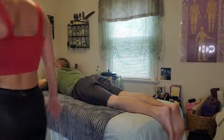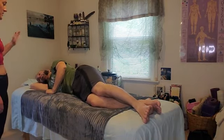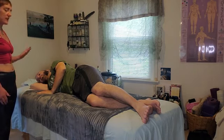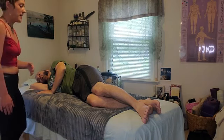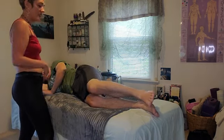All right, now we're gonna start our corrections. So we're gonna have Rick start with his left side down, and we're gonna correct that left high hip. So you have them set up with their arm under their head so that their neck can be relaxed. If that hurts the neck or shoulder, you just throw a pillow under there so that they can relax the spine. And then he's going to stack his legs for me, and then he's going to keep them nice and